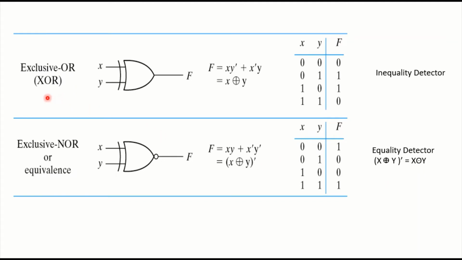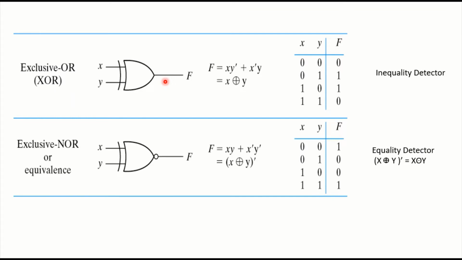The next type of gate is exclusive OR gate. This is also written as XOR gate. Graphic symbol for XOR gate is shown here. This is a symbol like OR gate. After that, this line is placed here. The circle type line is placed here at the inputs. There are two inputs. First input is X, second input is Y. Output of this gate is X.